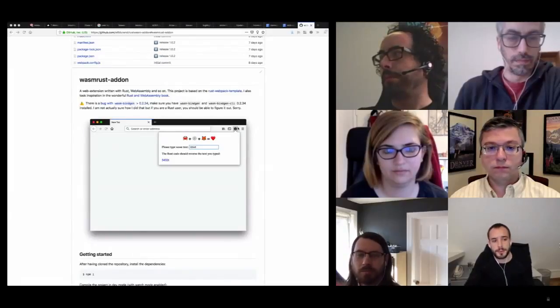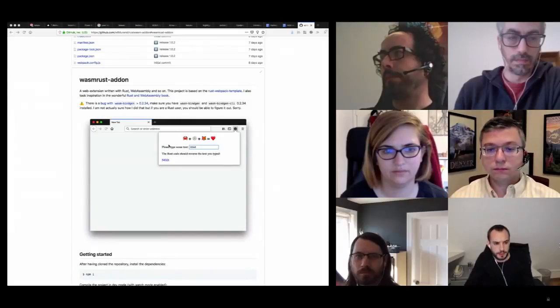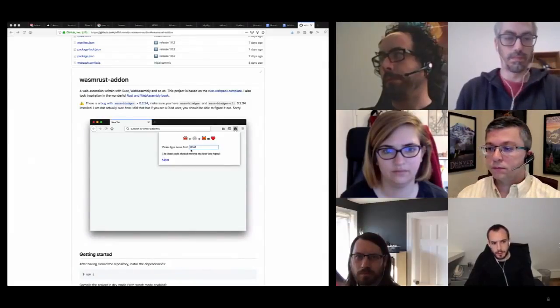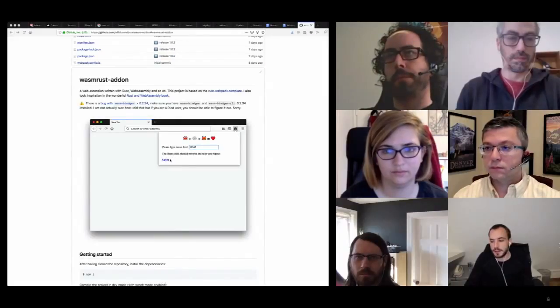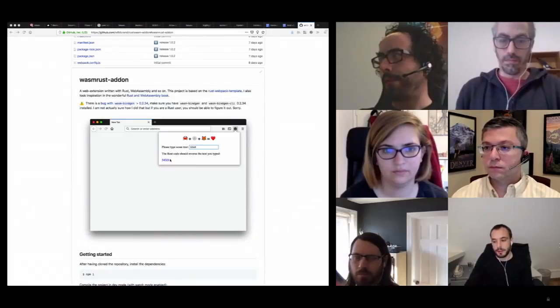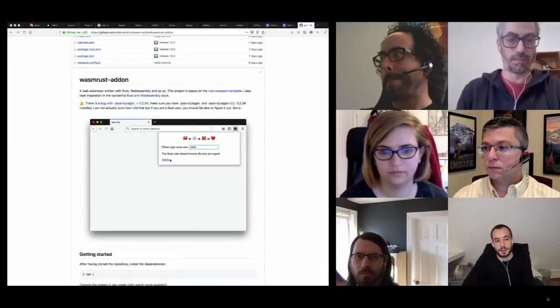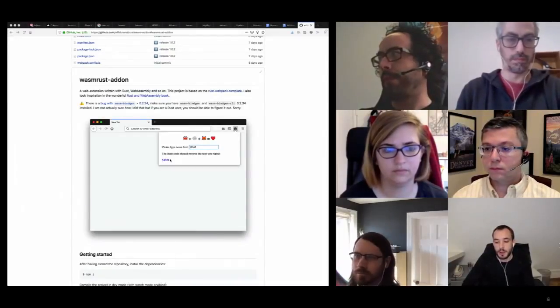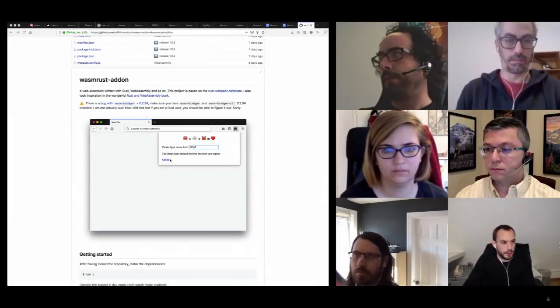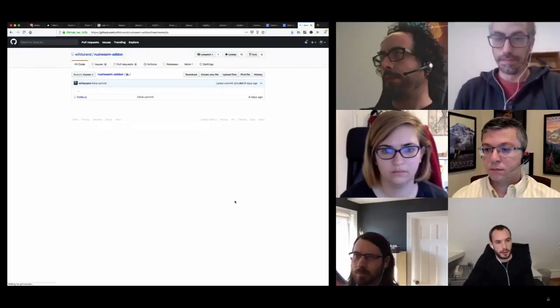If you are interested in knowing how this add-on works, basically the setup for the button and the small pop-up is in HTML and JavaScript, and below the input, where there is the blue text, this is actually built by the Rust code. So Rust hooks into the HTML of this pop-up and creates its own elements. And then there is a very small binding at the JavaScript level.